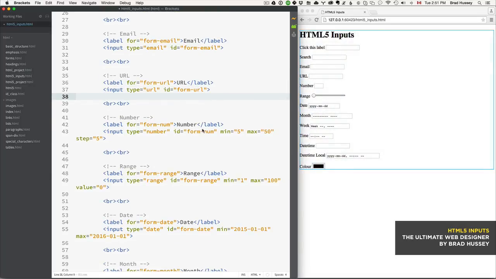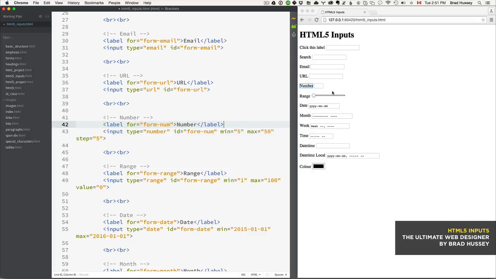Number. This is kind of a neat one because sometimes the browser has a built-in ability to increment it as a number by clicking the little arrows here on the right side of the input. Again, some browsers don't have that, so you shouldn't rely on that. But what you can do is put a min attribute here and a max attribute, and you can put the values,